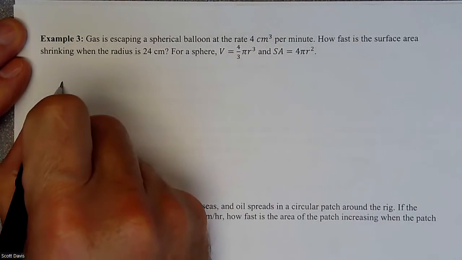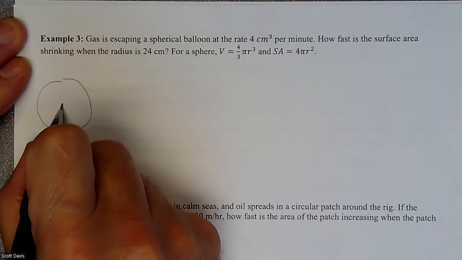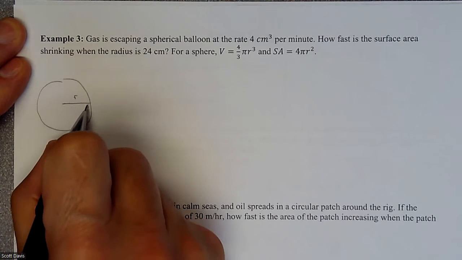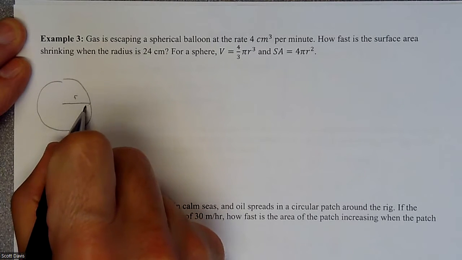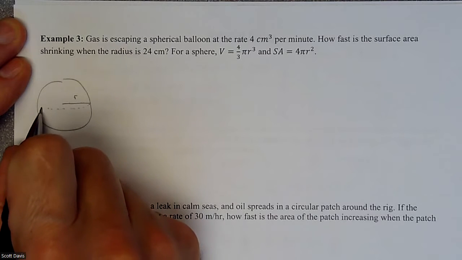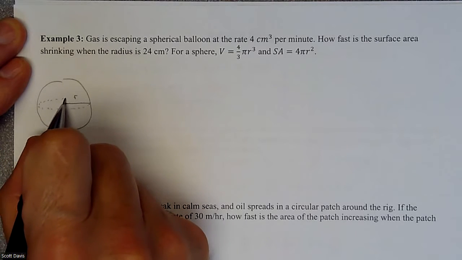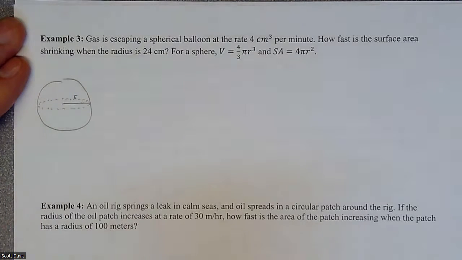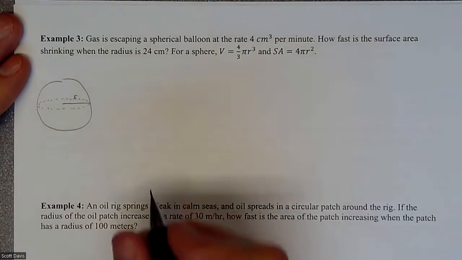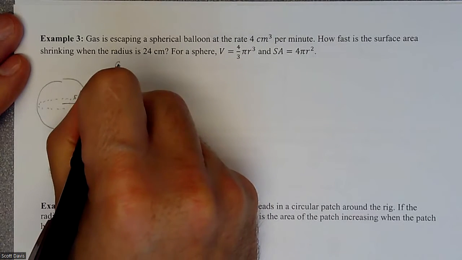So we have a sphere, right? It has a radius. We'll give it a circular feel to it, a three-dimensional feel to it, right? And so let's organize what we have, what we're looking for, all that good stuff. So we are given